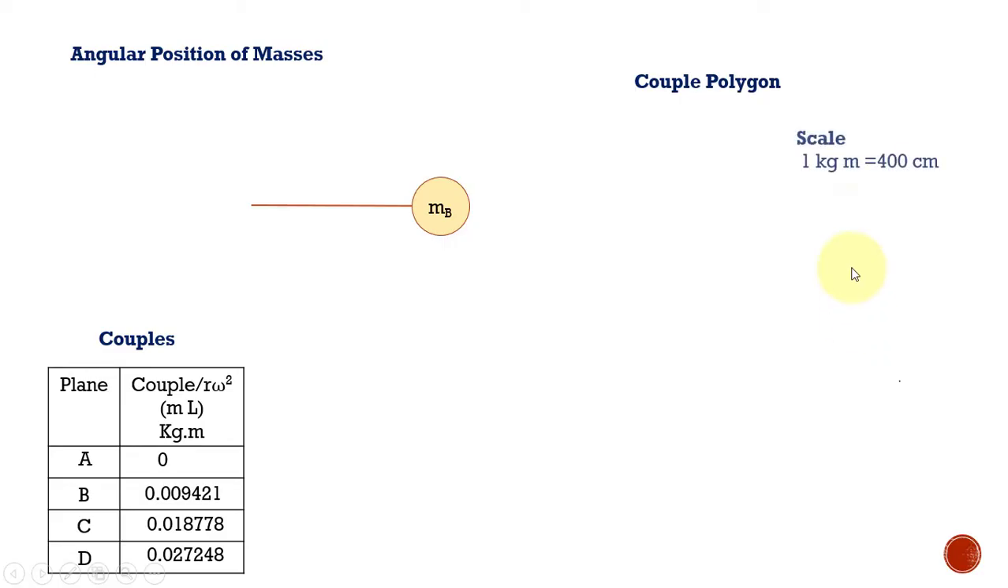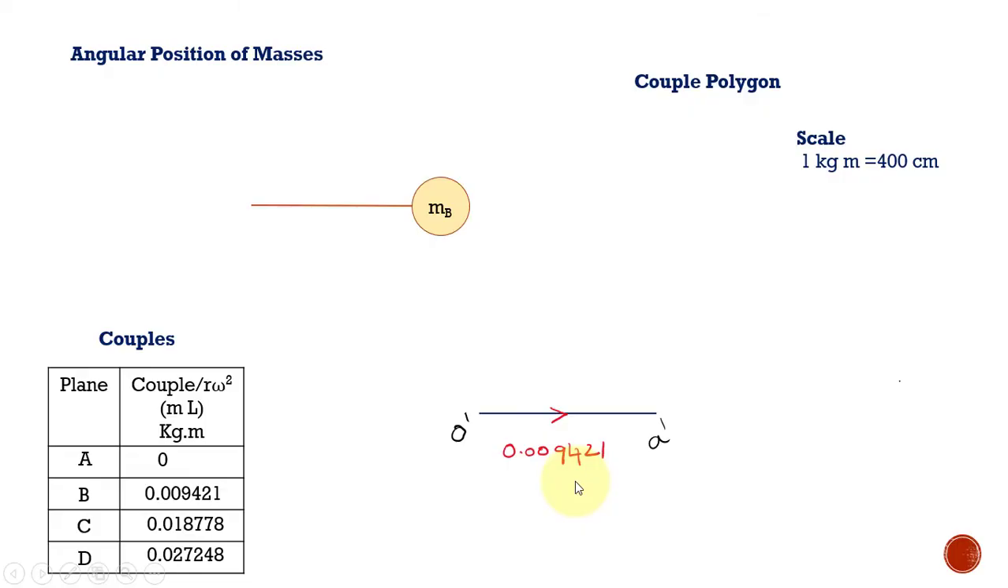So this is the scale that I have just taken to construct this couple polygon. 1 kilogram meter in this couple polygon is going to represent 400 centimeter. Now first let us take the couple value for the mass B. It is going to be located horizontally, and this is O dash, A dash, and its direction is very clear. It is positive and it is radially outward direction. And its magnitude is